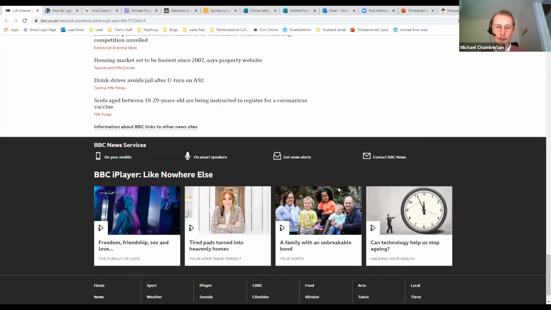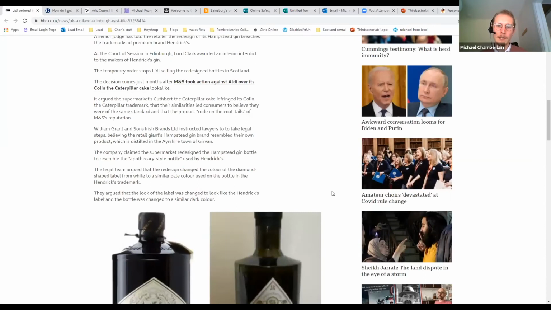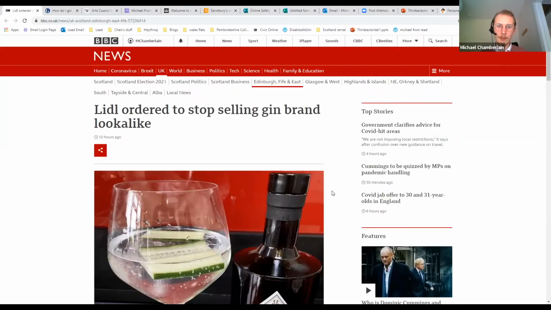Now, what's really good about this, and this is something which works well for lots of news organizations and other places as well, the menu at the top is really small and unobtrusive. This is on every page and it's always the same. So you don't need to look at that. You don't need to have massive amounts of information there. It's only taking up the top quarter, top fifth,